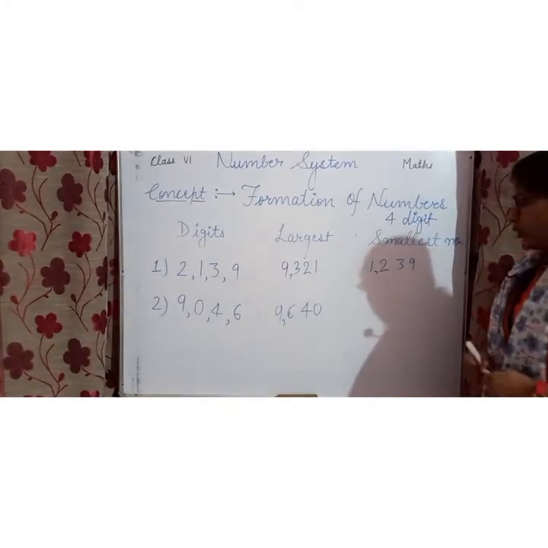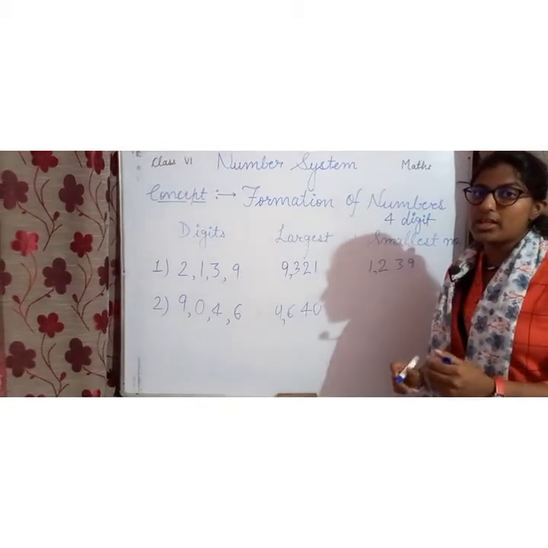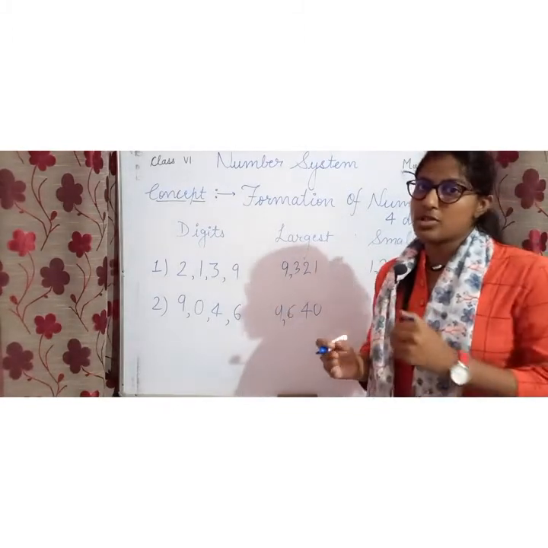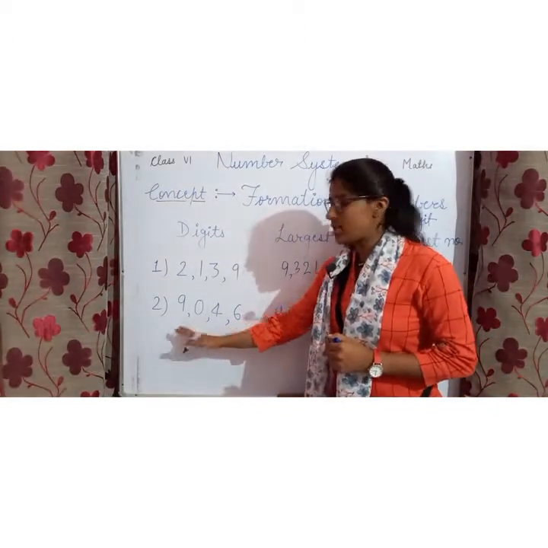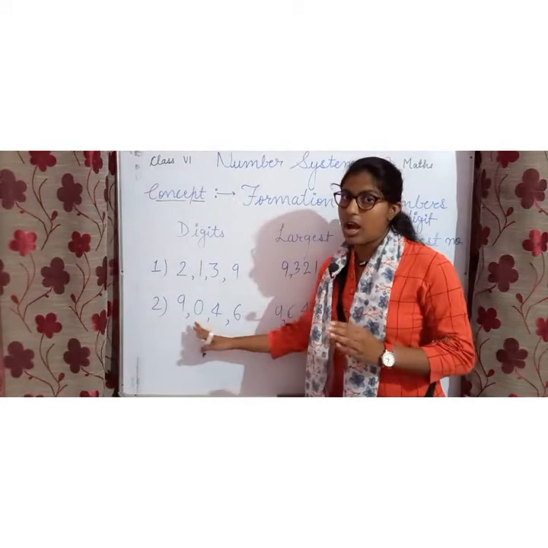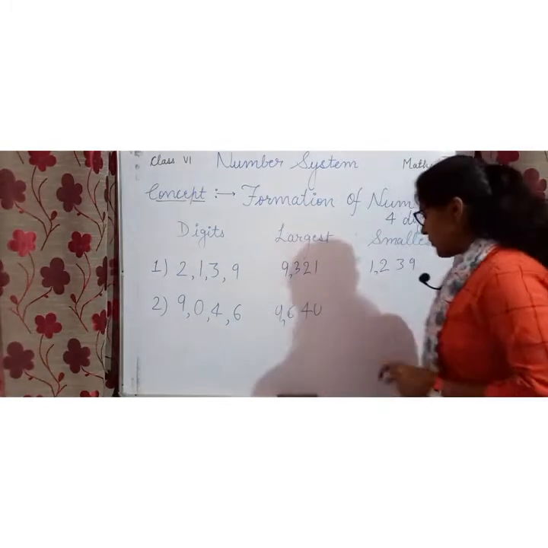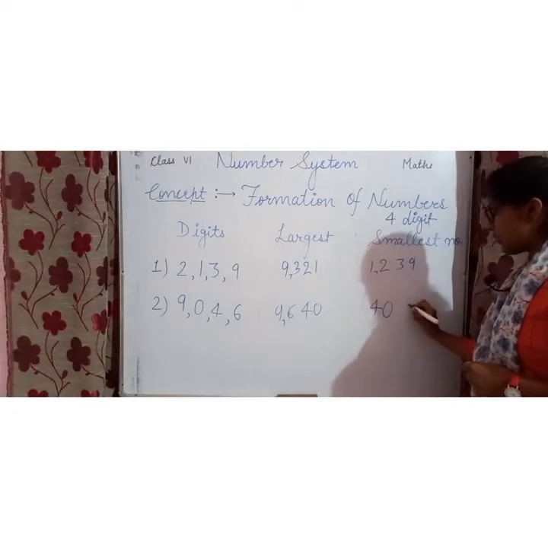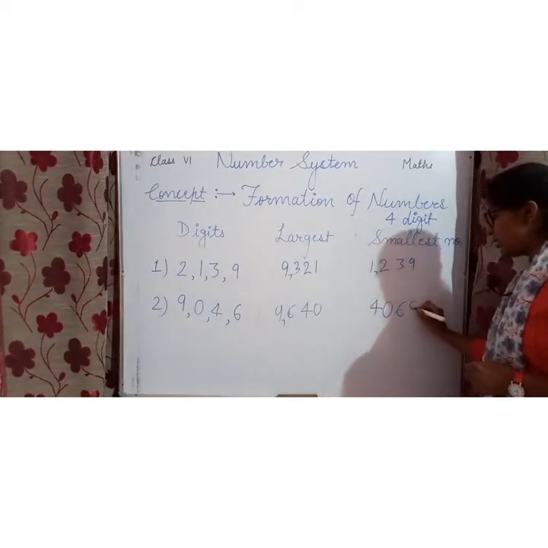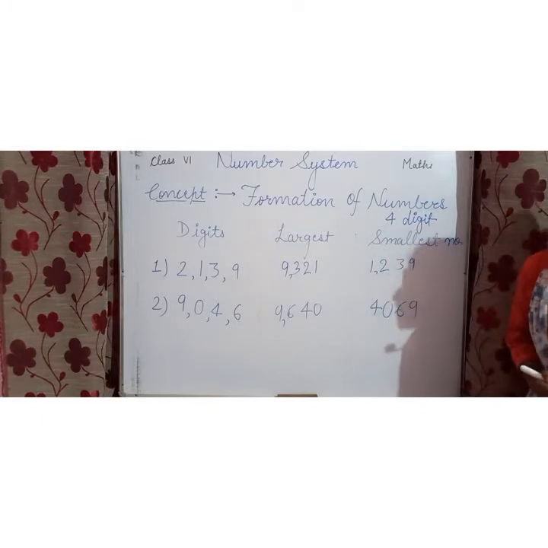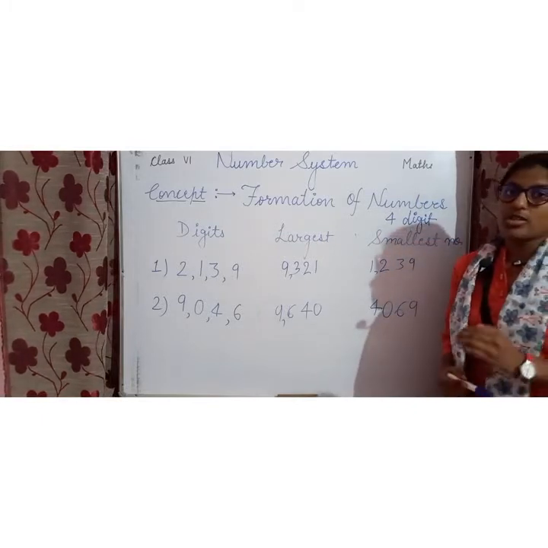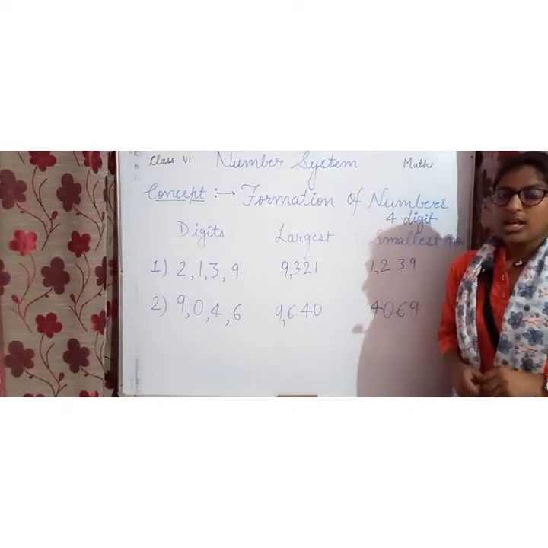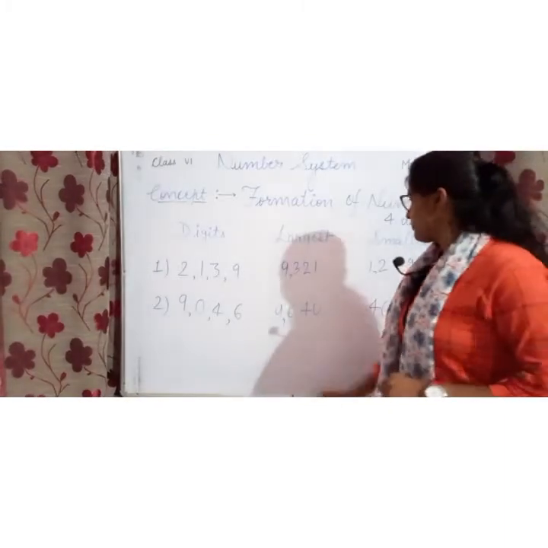Okay. Now, in that situation, firstly we need to write the smaller number after 0. Means the number which is the smallest after 0. In these following digits, you can see here 4 is the smallest after 0. So we are writing 4, then we'll write 0, then we'll write 6 and then we'll write 9. So it is a 4 digit smallest number. We are forming a 4 digit smallest number by using these digits. Clear? Let's see some more examples.